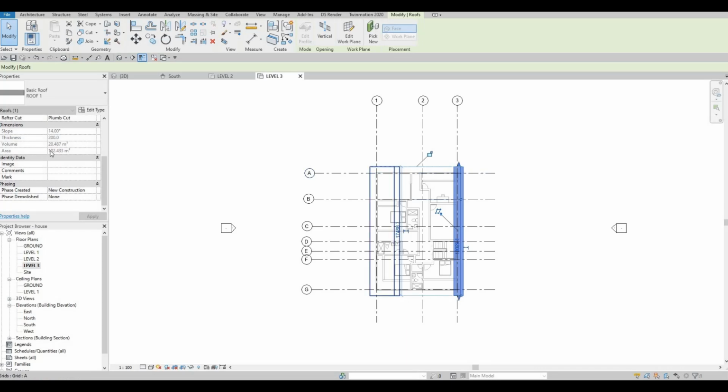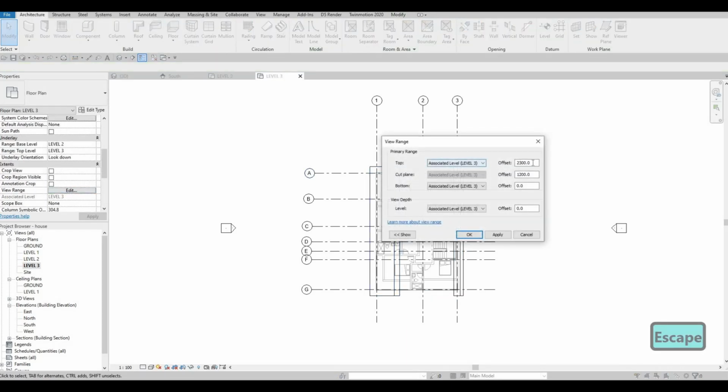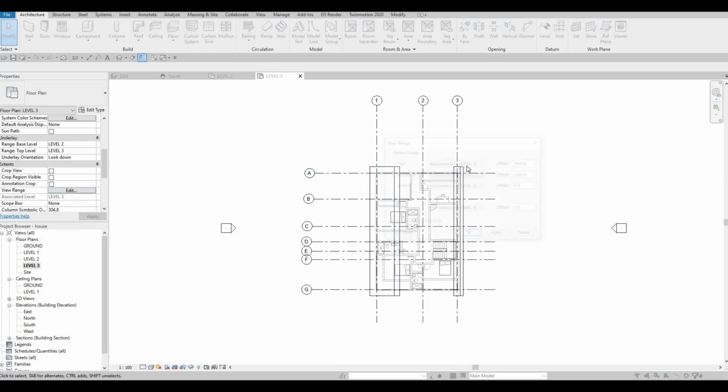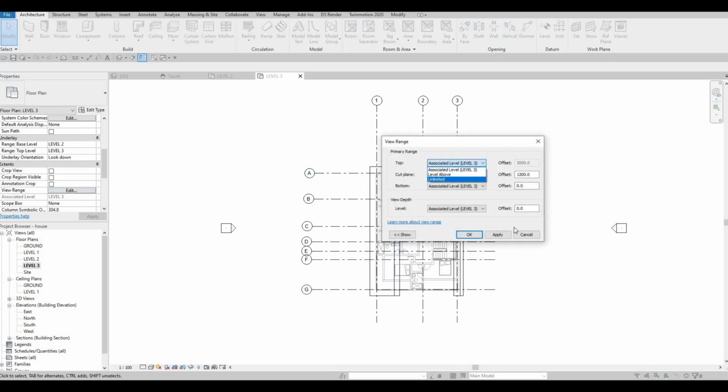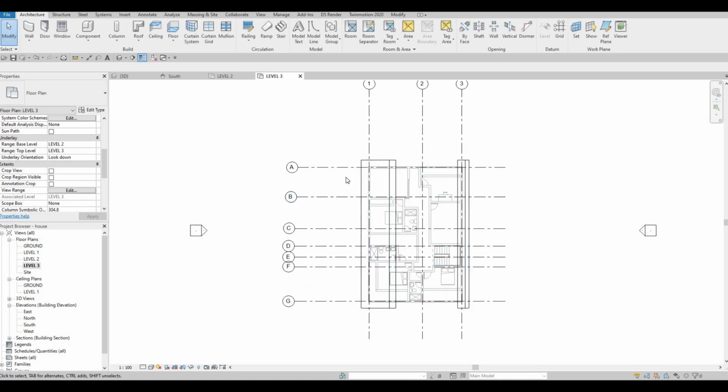So now we're just going to fix this, push it to where we want. If you want to see it more, we have to change our view range, and we need to make this one a little bit higher in offset, or even unlimited. Okay, so now